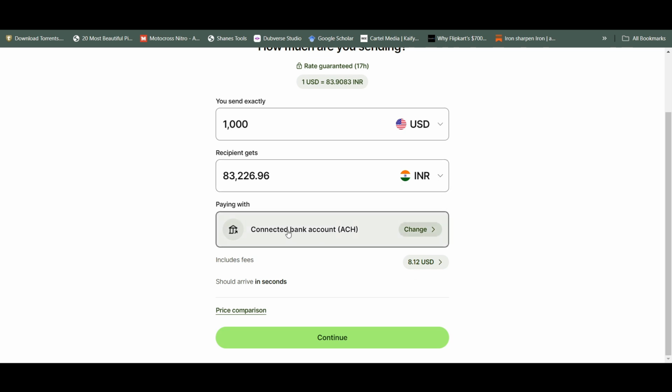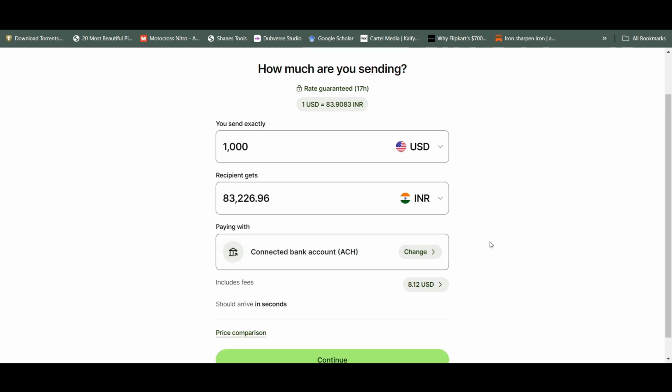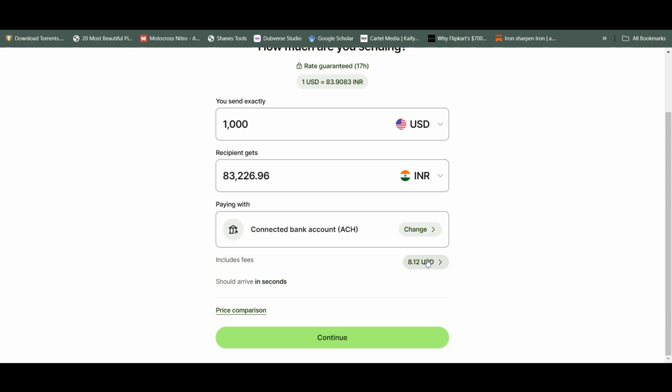Now here you will get this option of paying with connected bank account, so you can just change your account. For example, if you're using a wallet and now you want to send it with some bank account, make sure you add your bank account. It will show here the fees and everything, and should arrive in seconds. So yeah, Wise is pretty fast. It can help you to transfer money in just a few seconds, and then you can just go and click on